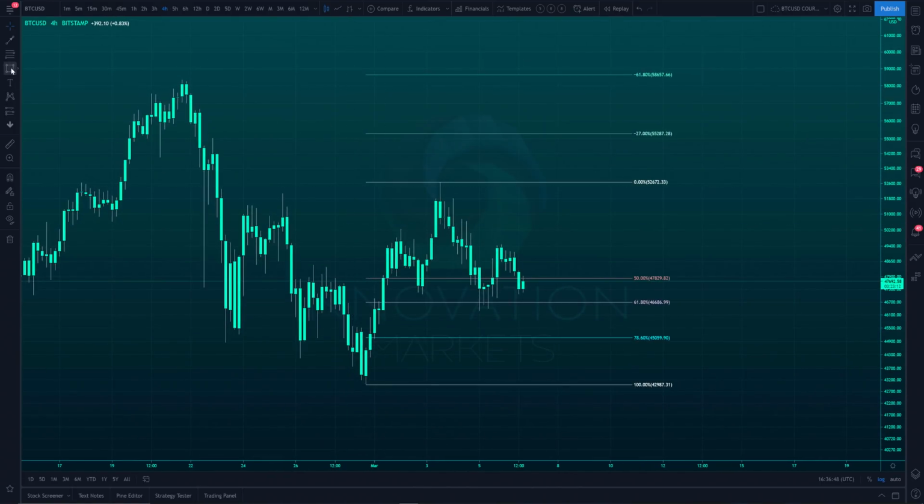So in this particular example, if we were to mark out point A from the very low to the latest very high, so this is the swing low on the 4-hour time frame, something we've covered in prior lessons, and we have the swing high on the top. There are many different ways to do this, but for the first part of this lesson we're going to go over the basics. So this is the high,